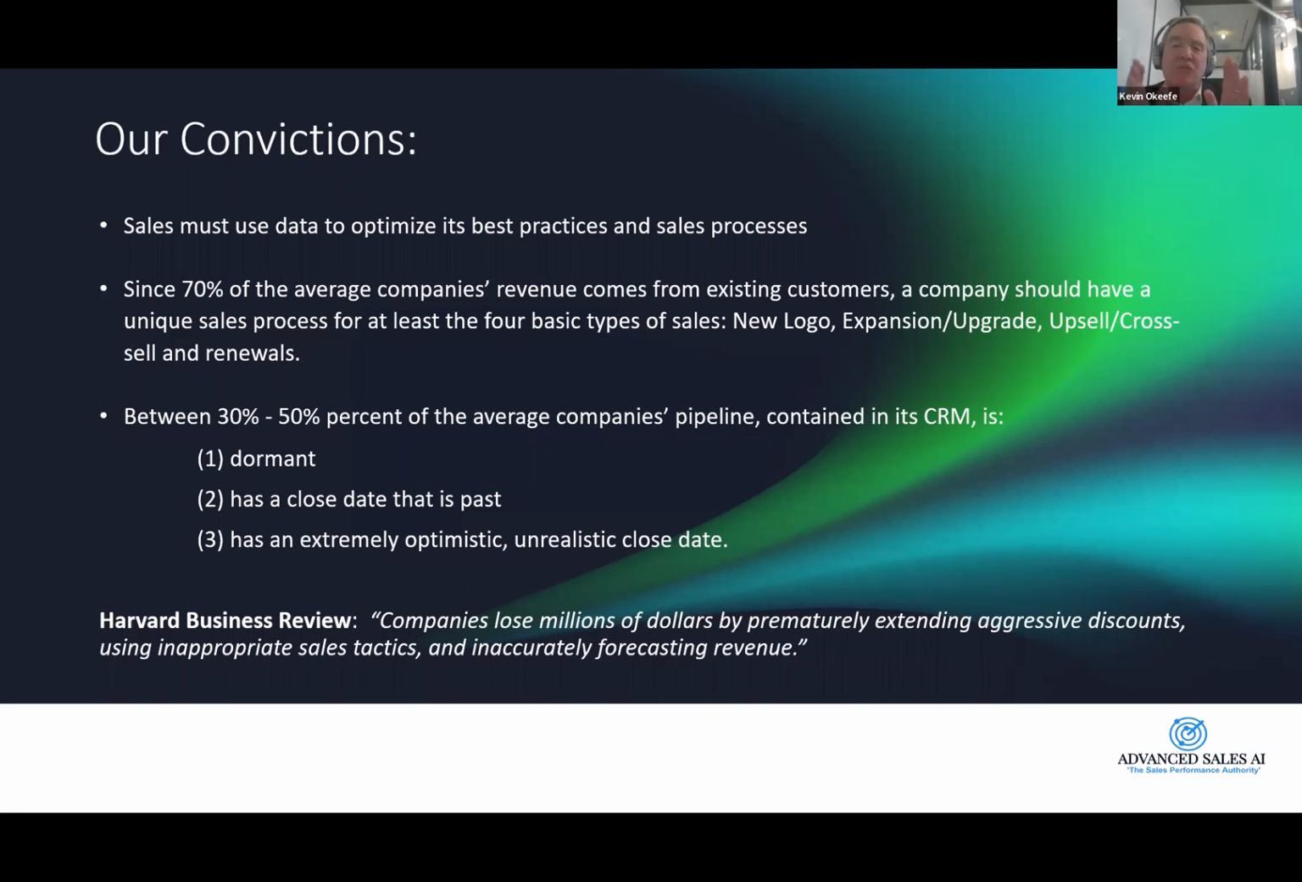fact that 30 to 50% of your pipeline is really either bad deals, they're dormant, or they have the wrong close date. There's a study, cost the industry billions of dollars. There's a Harvard Business case study that had 151 companies in it, larger companies. They said that this end of the quarter rush, as they called it, cost the average company $91 million a year. Because again, they're just trying to close deals that are unclosable. They put a lot of pressure on their salespeople to do it, or they try to close it for the wrong date. So, these 8 convictions are,